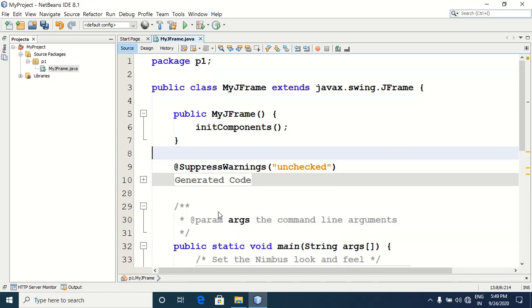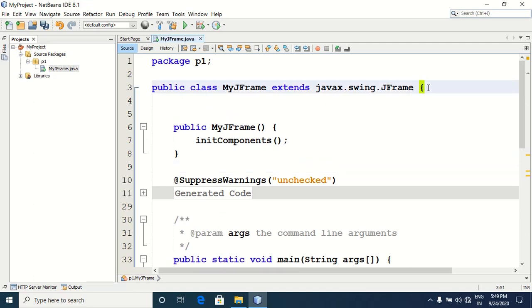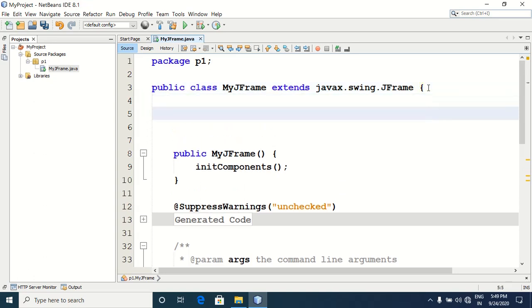So let us write code one by one. Very first, at the class level, I am declaring one static variable. So for that purpose I am writing private static, then here I am writing BufferedImage.